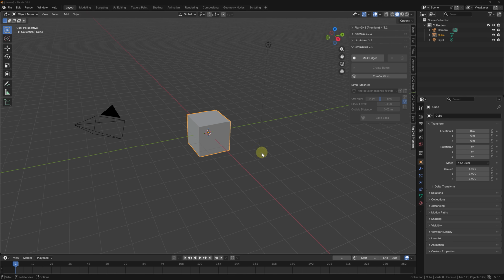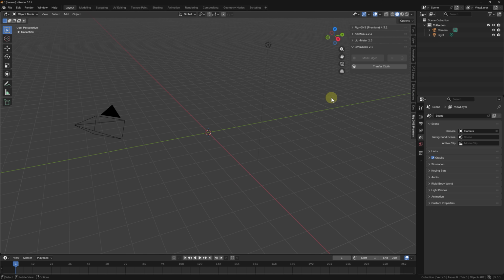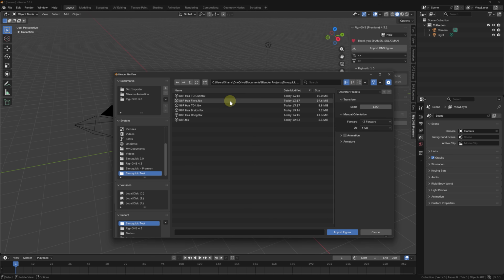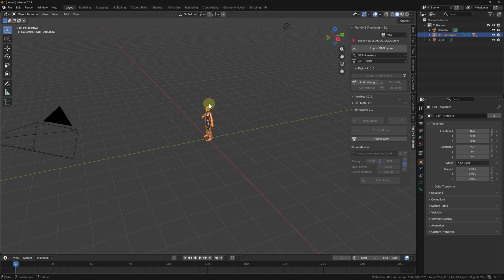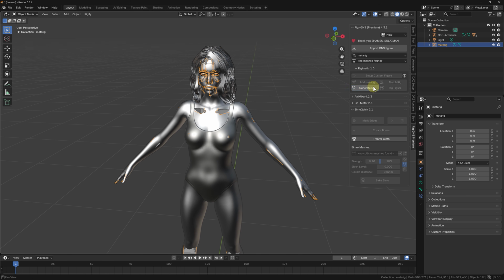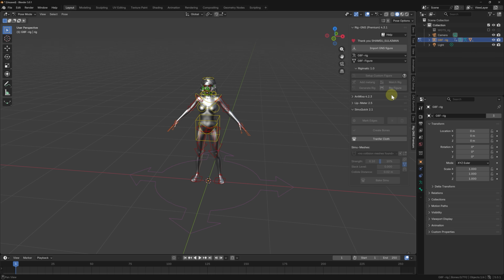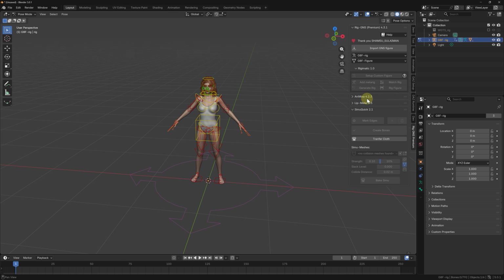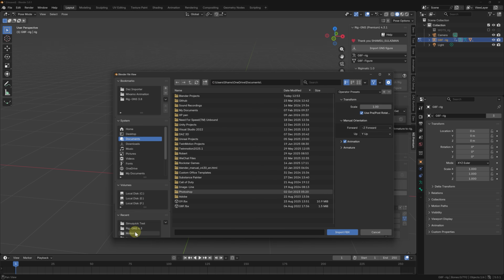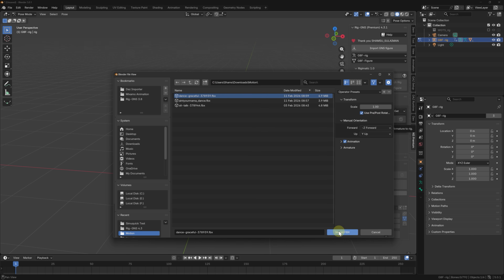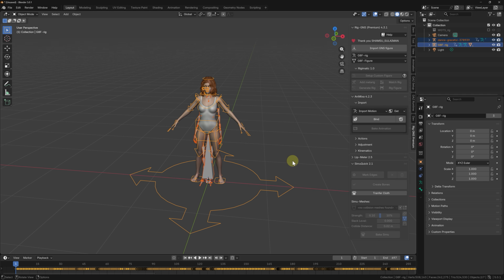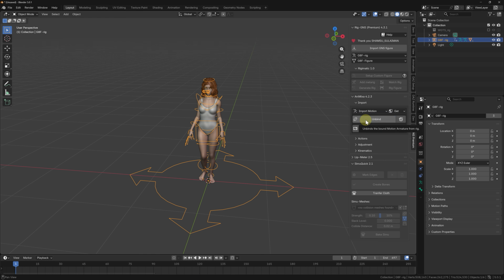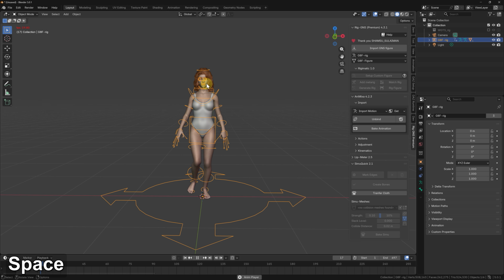Now returning to Blender, I will delete this cube, then import the figure. Here's the first file we exported, so I'll go ahead and click import figure. I will then rig the figure with the rigging buttons. Alright, with that done, I'll quickly switch the viewport shading to matte cap and enable textures as usual. Next, I will import an animation that we can use to preview the simulation when it's done. So I'll import it into the scene, click bind,